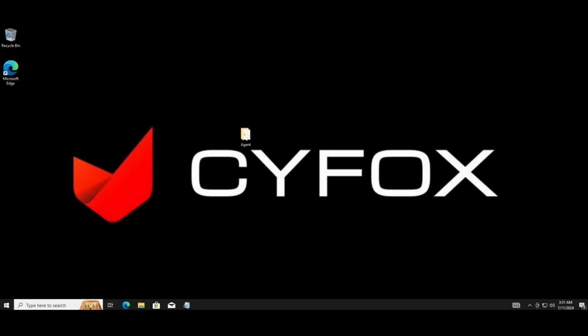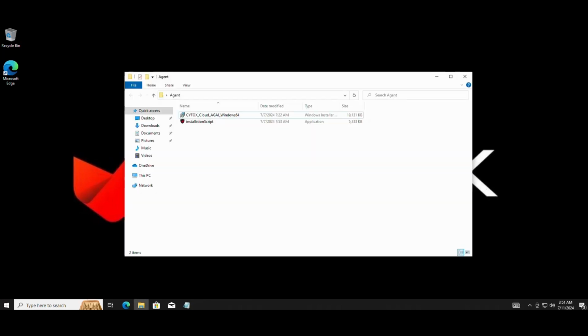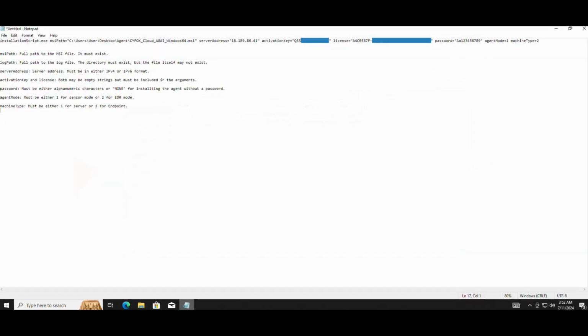In this section, we will discuss how to install the Cyfox agent using a script. You will need two files, an installation script and an installation MSI file. To install using these files, use the installation script with the following parameters: MSI path, full path to the MSI